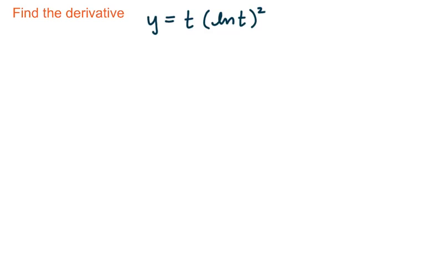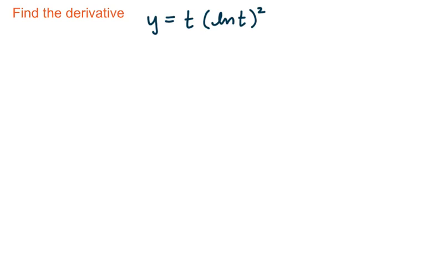In this video, we're going to get some more practice finding derivatives using logarithms. Here, we're going to find the derivative of y equals t times natural log of t squared. Notice when I was reading that, I said times, which means multiplication. Multiplication means we're going to need to use our product rule. I also have an expression squared, not just a single variable squared, which